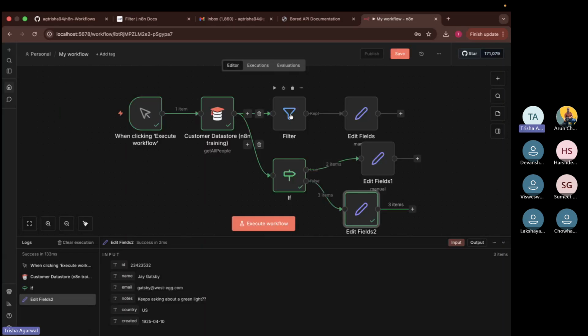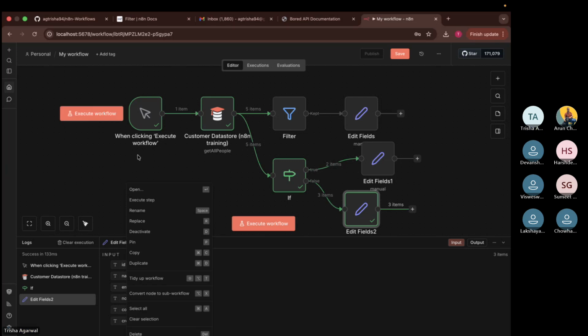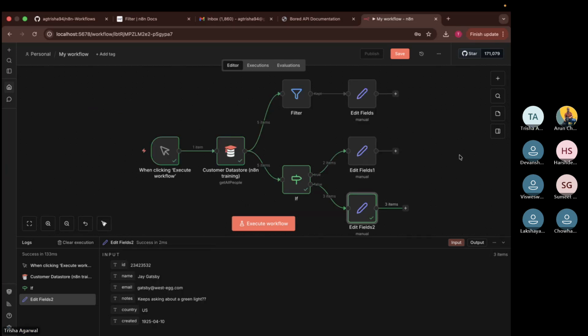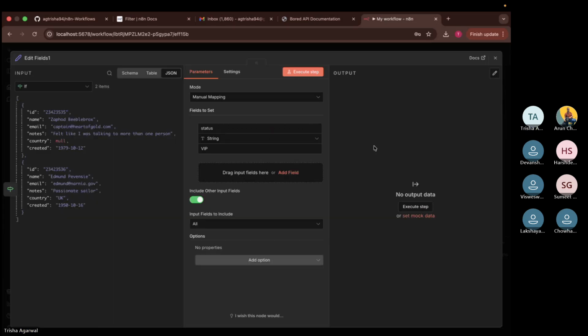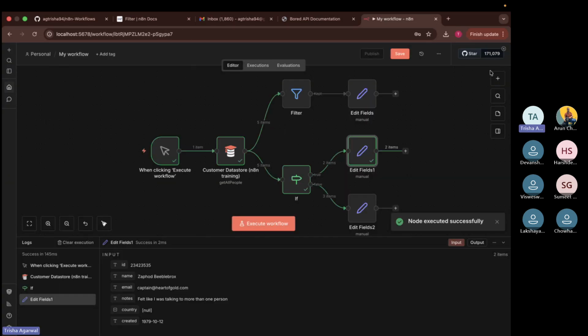Now this workflow does not look very clean. One simple way we can tidy up our workflow is this. Now we have two different branches. We got two different branches from the if node. We have two different operations, one for the true branch and one for the false branch. Now our data is flowing in two separate directions. If we stop here, if we wanted to handle VIP customers differently and standard users differently, we would be doing this. But since we do not want that,